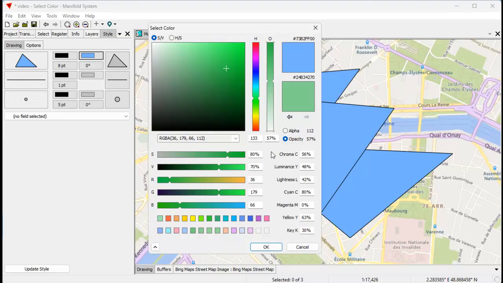Colors now in Manifold have 4 numbers that are associated with them. Red, green, blue, and alpha. A is for alpha. Alpha means transparency. When you click on alpha to set the slider with alpha, that's transparent. That means a value of 0 is fully opaque, and alpha transparency 255 is fully transparent. It's actually the same thing. It just sort of depends on how you look at it. Whether you look at it as being an alpha transparency value, or whether you look at it as an opacity